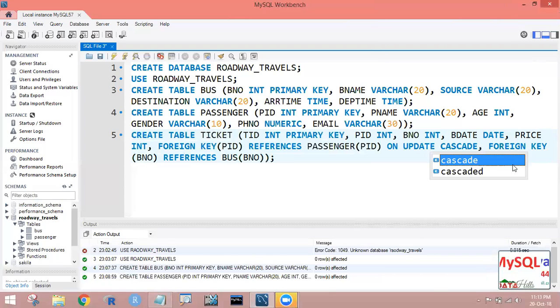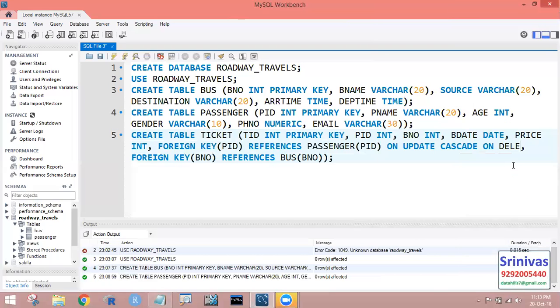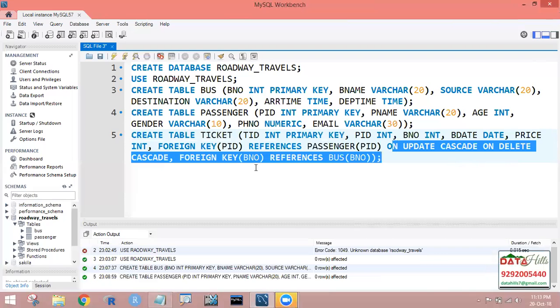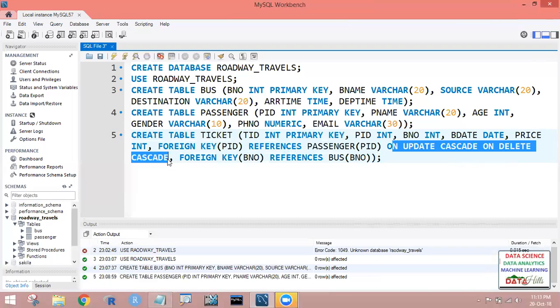cascade, next on delete cascade. If you apply this on update cascade and on delete cascade, then only it is possible to update and reflect in the child tables. Otherwise, it will not change and it will not reflect. Similarly, here also we have to mention